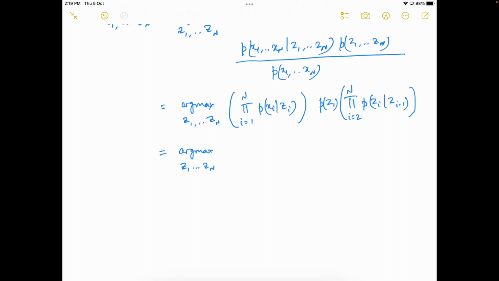We can take log because there are so many multiplications. With log they become additions. Additions are easy to handle computationally. So we say summation of log to the base e of probability of xi given zi, probability of zi given zi minus 1, i equal to 1 to capital N,